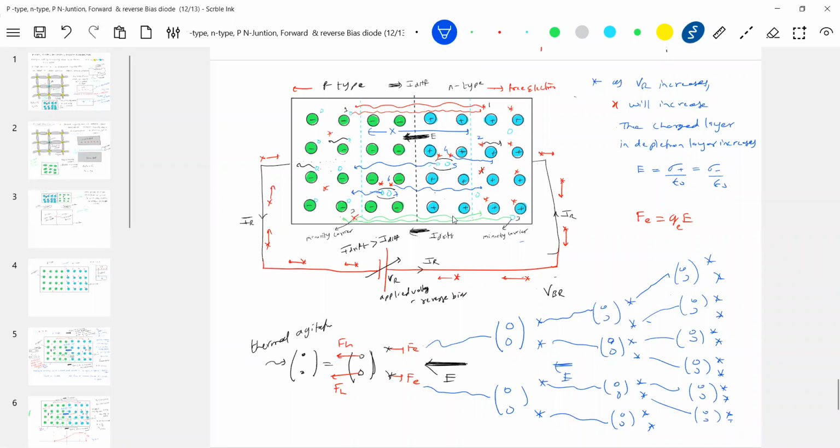Like this, you can keep on. Again, this will go. So one electron here, what happened? So here, this one electron. So what is it doing? Producing a large number of electrons. This is called like a Zener, or like an avalanche breakdown. What do you mean by avalanche? I'm using the word avalanche.